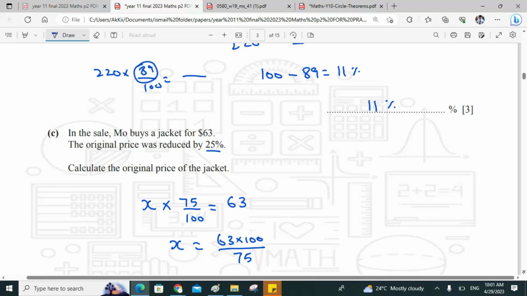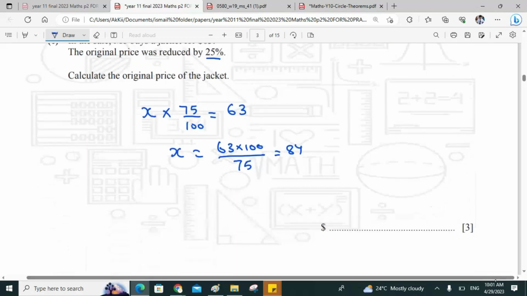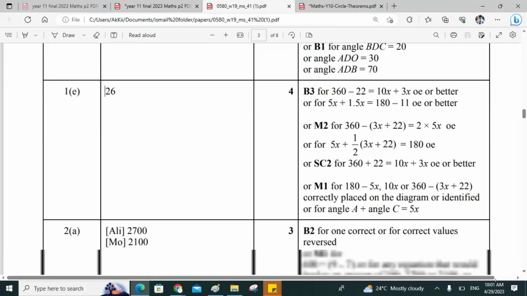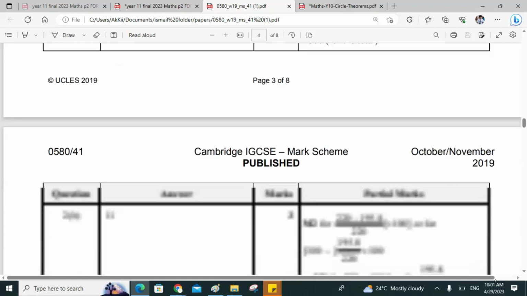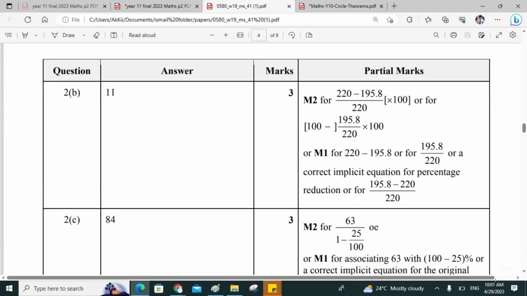63 multiplied by 100 divided by 75, you are going to get 84. This is 84. The original price was 84. Yes. Okay. Here